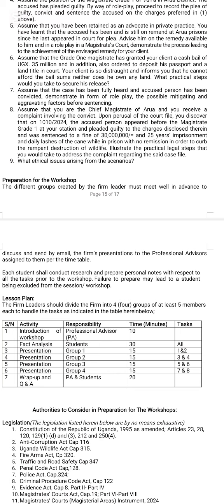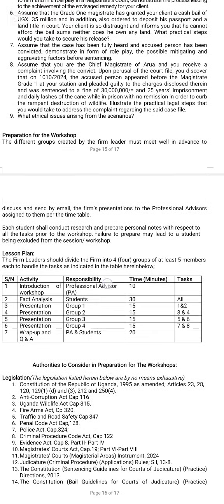So basically what you do as Chief Magistrate, you write a letter to the Registrar of the Criminal Division of the High Court, who then reviews this sentence. So it's really a formal letter to the Registrar of the Criminal High Court Division. So what issues arise from the scenarios?